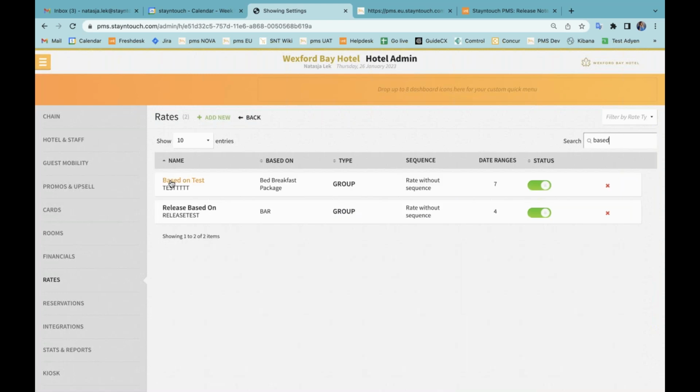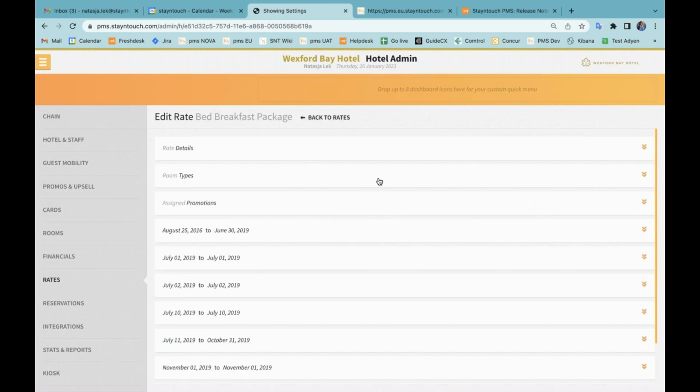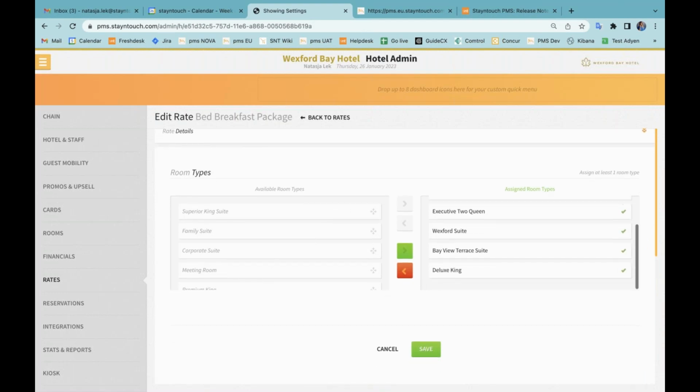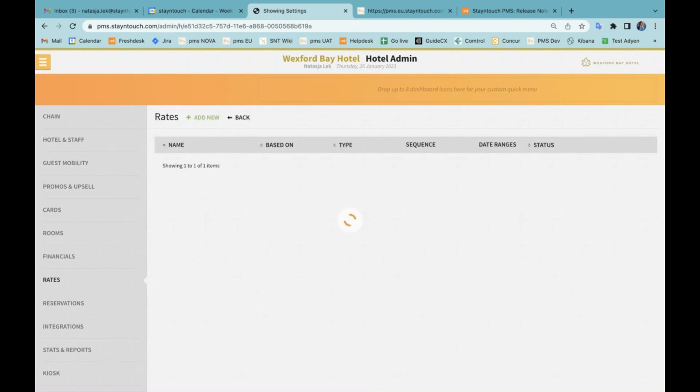I have, for example, a rate that has been based on the bed and breakfast package. If I use the bed and breakfast package as an example, if I go to my bed and breakfast package and I go to the room types, you can see here that it has certain room types that have not been assigned and certain ones that have been. If I now try to base a rate on this bed and breakfast package,